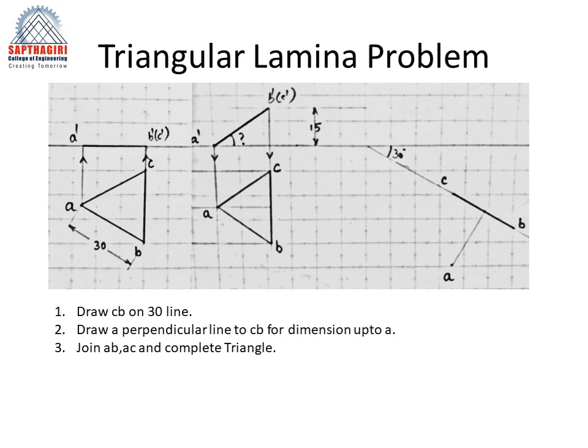The same can be done with a triangular lamina problem. In a triangular lamina problem, CB is directly drawn on the 30-degree line at the third position and the median is identified, and then the median is drawn first and then the triangle is completed. This is left incomplete so that you can complete it. This is just an example to show how the third position can be drawn using a set square, which reduces a lot of time, and you can solve it much faster in examinations as well as in your regular classes.